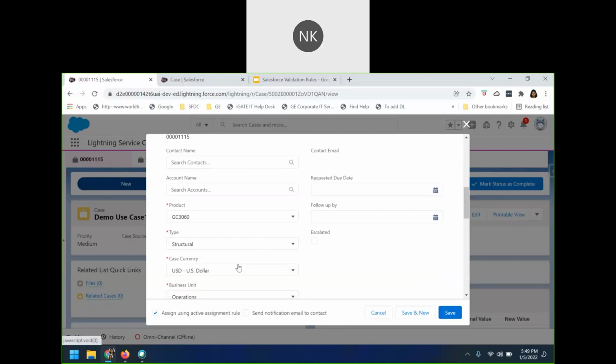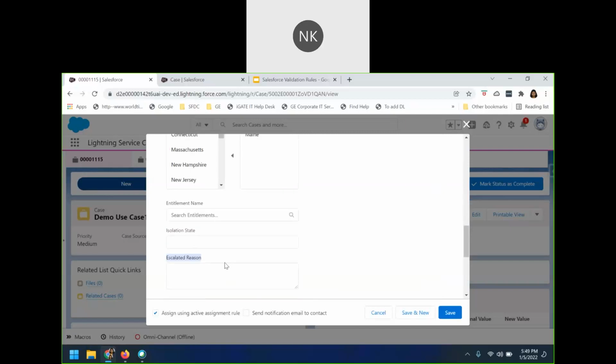Now you may be wondering why can't I make this field mandatory, that is required, right? Making a field required will not help in this scenario. Why? Because you do not want this field to be required upon creation. You want this field to be updated upon certain condition.